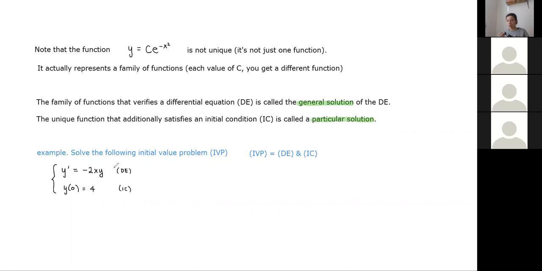Evaluate to get the function of y. Sorry? Evaluate the d. We need to solve the d, but I haven't given you any method to solve differential equations yet. Find the antiderivative of y prime. We would have to find the antiderivative, but it's going to be difficult since we can't integrate the left-hand side